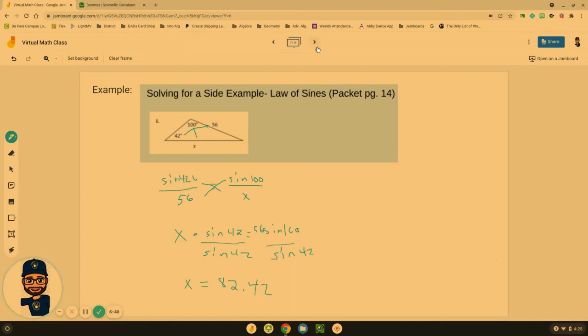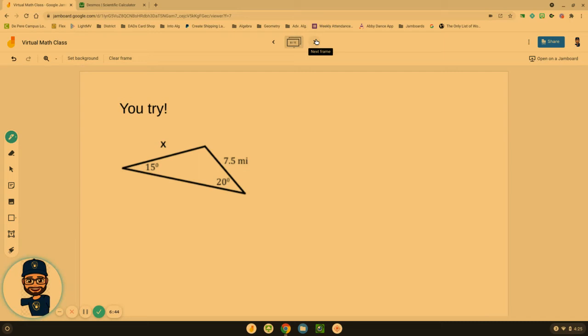All right, let's try another one. See if you can't set this one up. Pause the video here and see what you get for an answer. Okay, sine of the angle, so let's go sine of 20